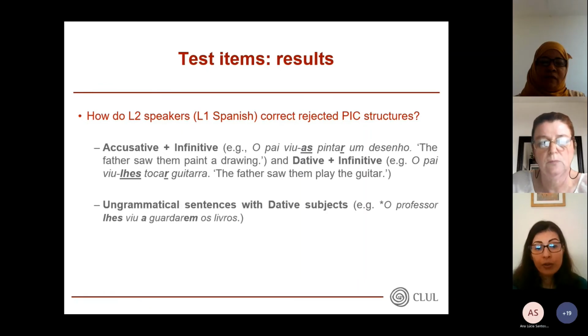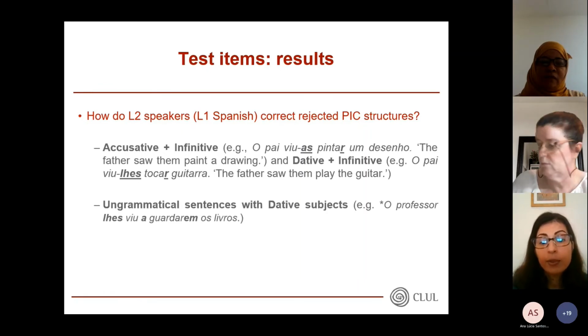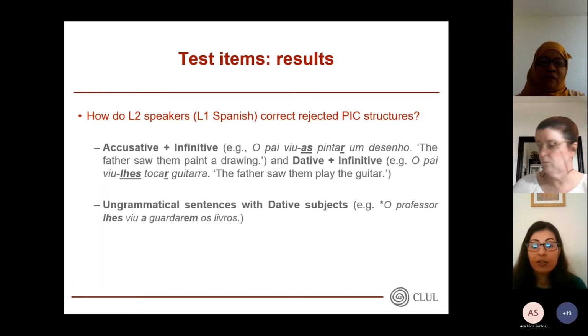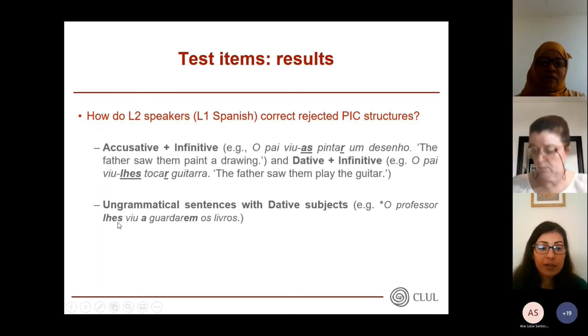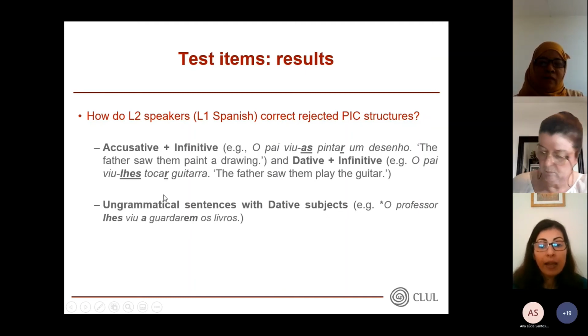We also found ungrammatical sentences with dative subjects, such as the example shows. So we have here the dative subject and then a prepositional inflected infinitive, and this is not possible. So these types of corrections and the ones with dative plus infinitive